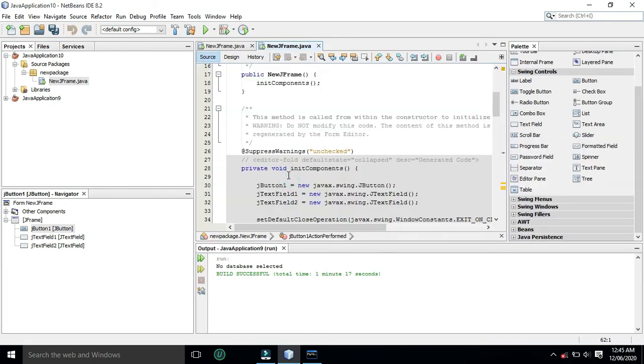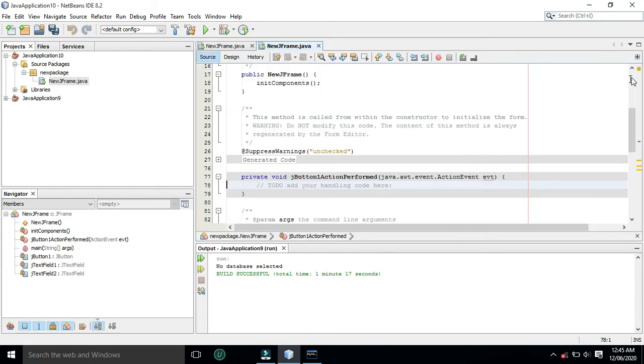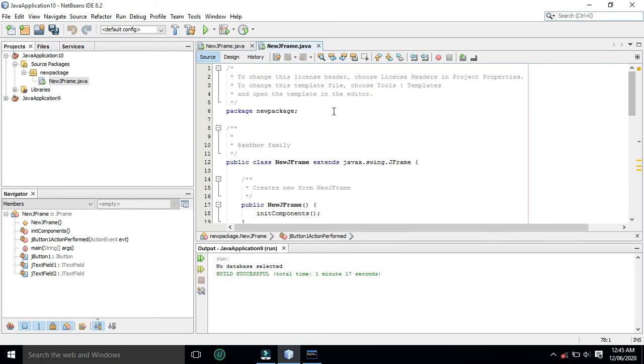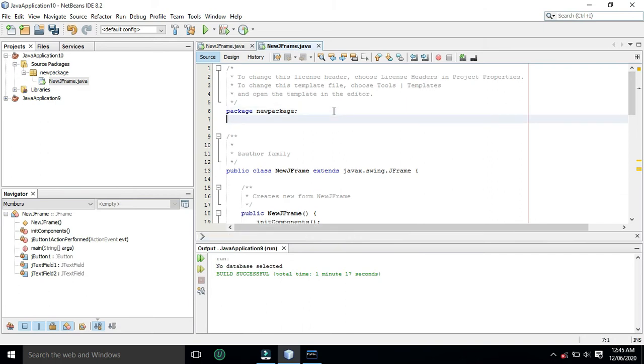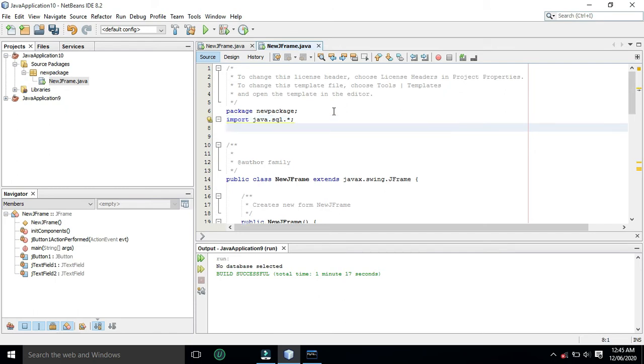Now import two packages. Now we have imported java.sql.star to perform SQL related tasks, and in this application we are going to perform SQL related tasks like making a connection between Java application and MySQL database. We have to execute queries.